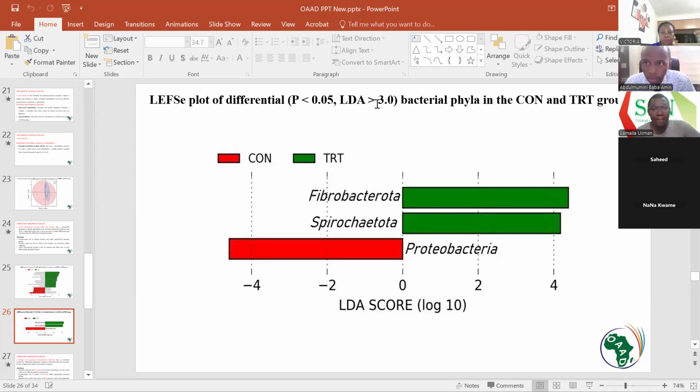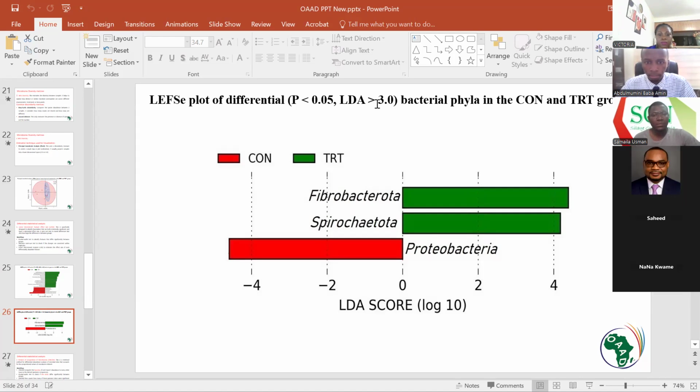Yeah, based on your response now, Doc, you mentioned that it's significant on either side, but I'm wondering what the x-axis is trying to say. It's showing based on the LDA score. One is negative, one is positive. So how do you differentiate between those that are on the positive side and those that are on the negative side, since the interpretation is that both groups are actually higher in their respective treatments?